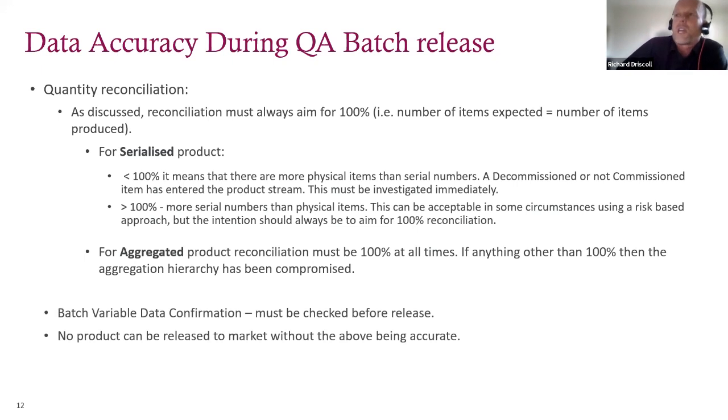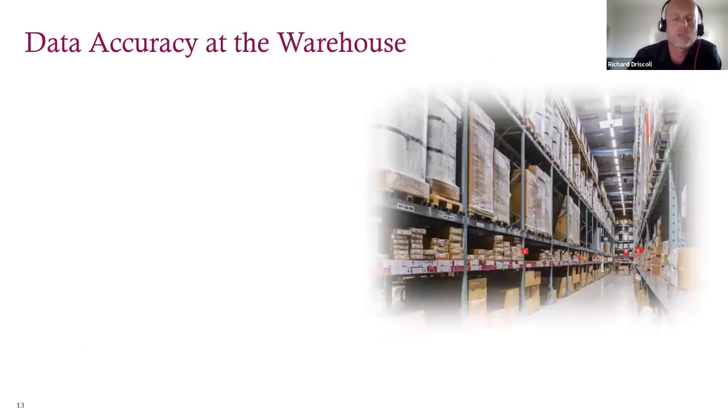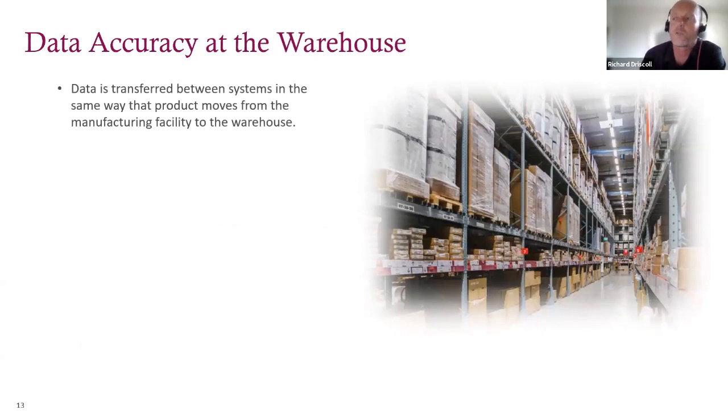The second thing that they have to check is your batch variable data confirmation. You must check that, and no product can be released to market without the above being accurate. Any inaccuracies must be suitably investigated. At the warehouse, data is transferred between systems in the same way that product moves from the manufacturing facility to the warehouse. If you imagine you close your batch, your data moves from your level 3 system to your level 4 system. The data has to move in the same way. So that needs to be